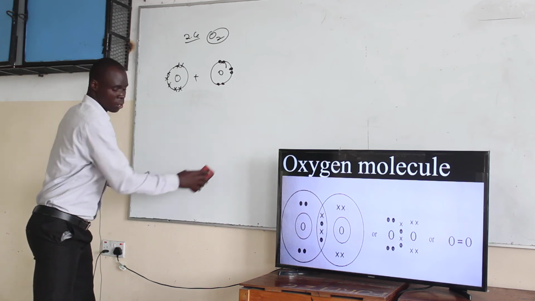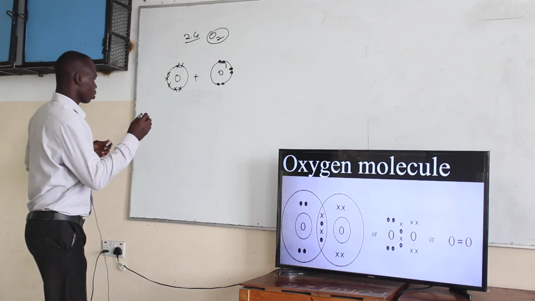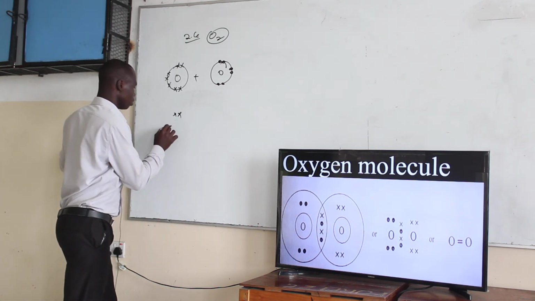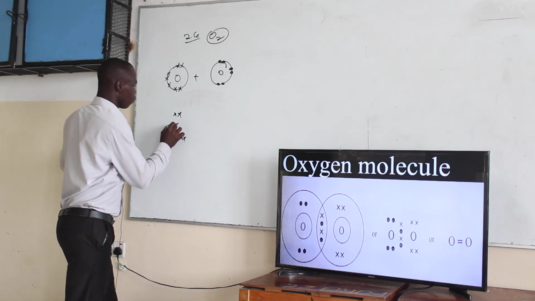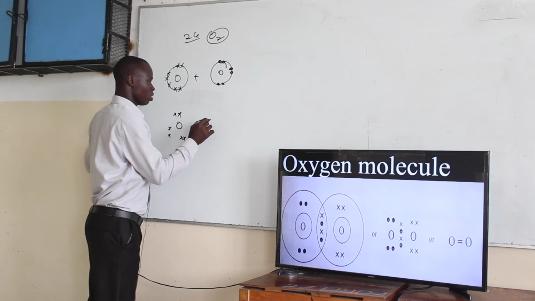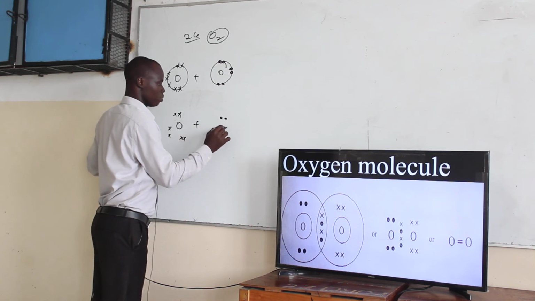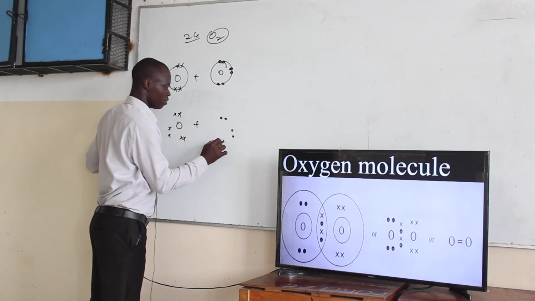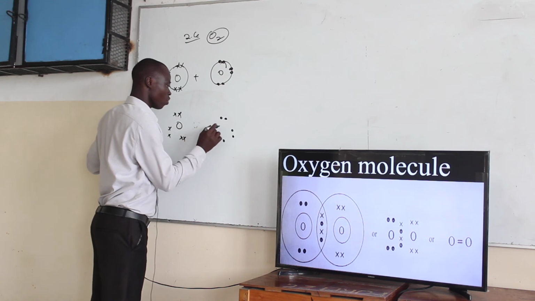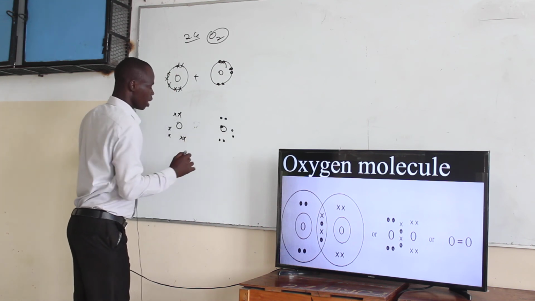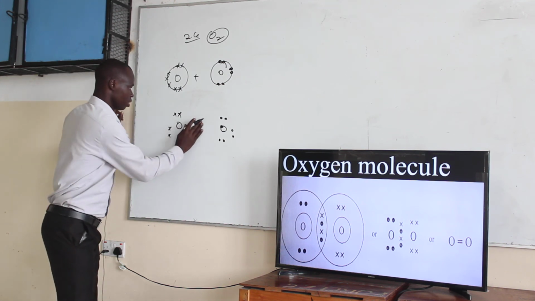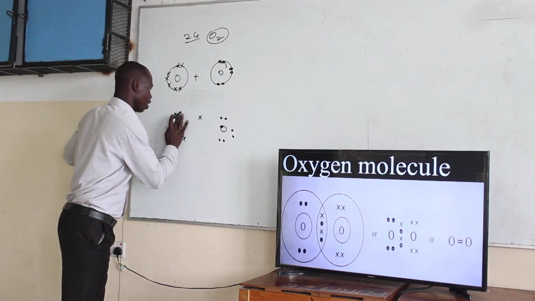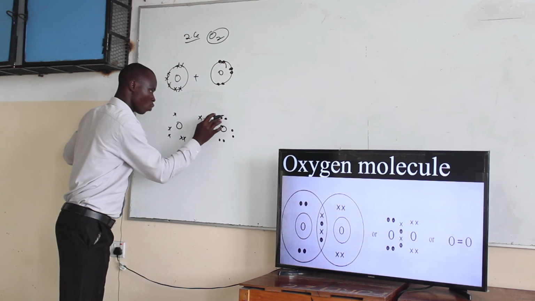I want to see how the sharing comes in. 1, 2, 3, 4, 5, 6 for this one here, plus 1, 2, 3, 4, 5, 6. This is another oxygen. Now, suppose this one contributes this electron here. We will count this one. Now this is gone, and this one also contributes 1,